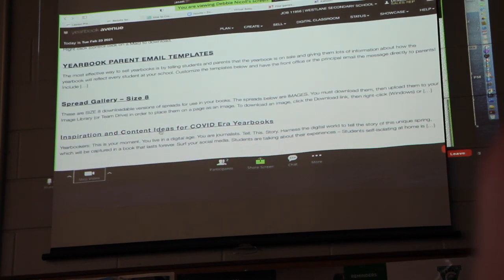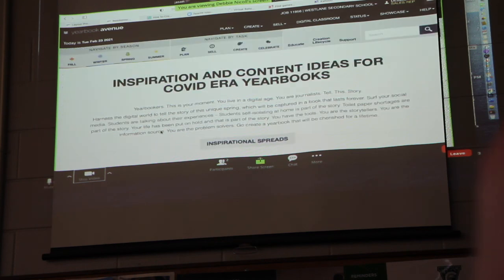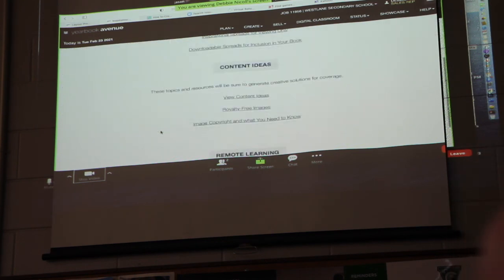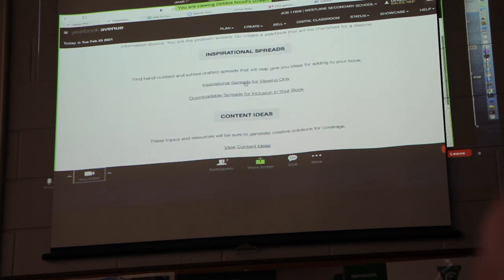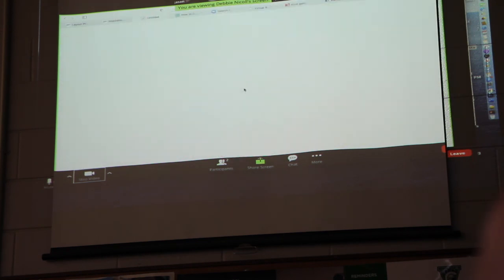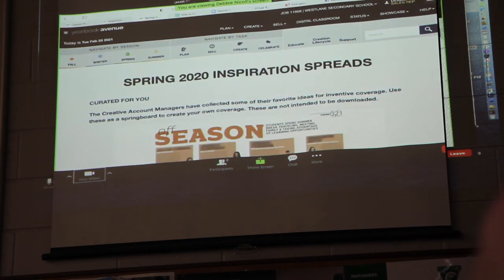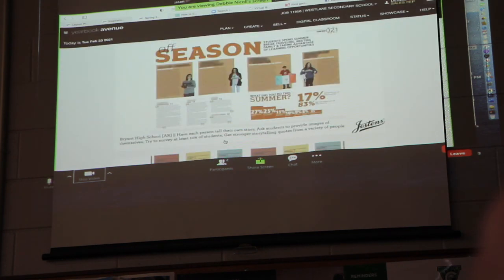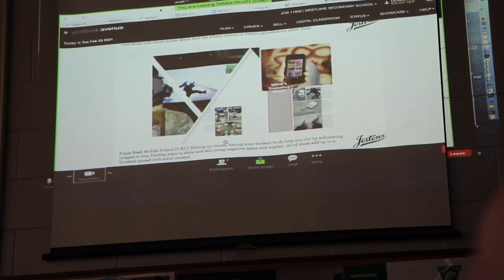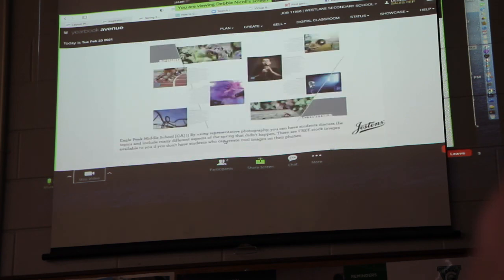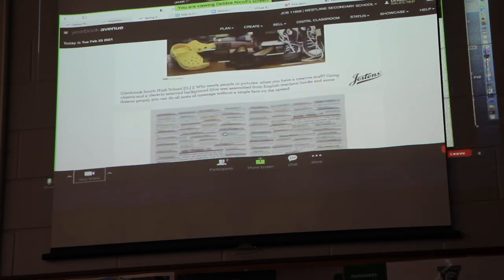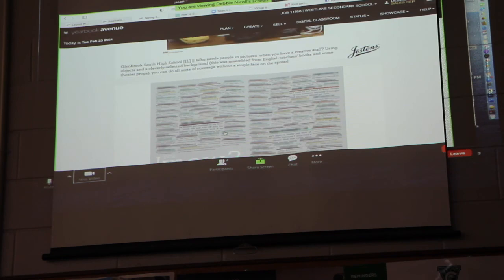There's also inspiration and content ideas here for COVID era yearbooks. We are in the COVID era. You can come here and take a look at the spreads, and just take a look at other schools, what they've been doing and what's come up. So those are just some places that you can take